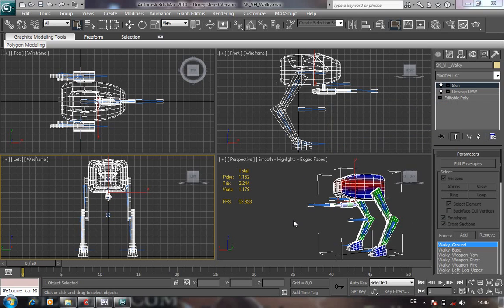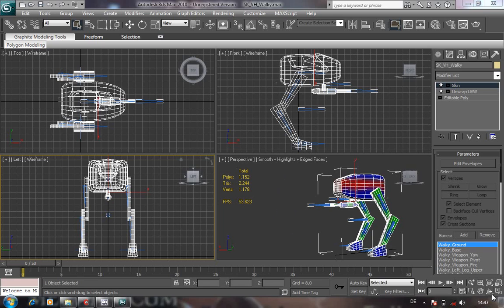Hi, I'm GeoDev, and in this video what we're going to do is have a quick look at our walker mesh and show you how to go about exporting the animations that we're going to need. Now all we're going to do is do 3 animations. This is your very basic setup, but first what we're going to do is have a quick look at the